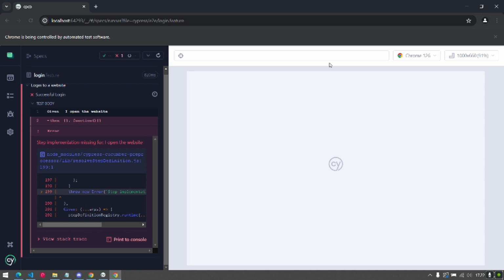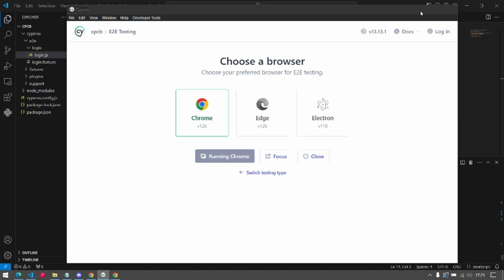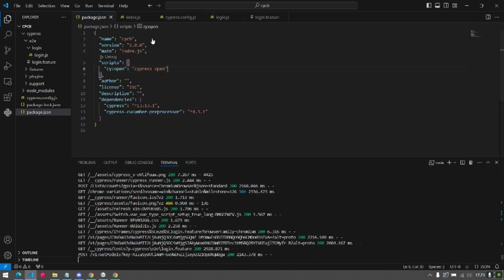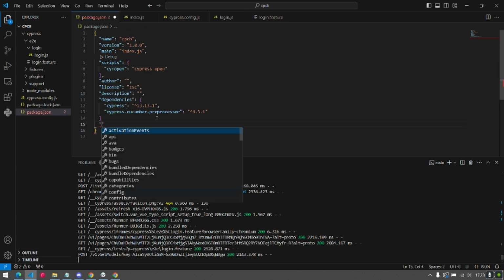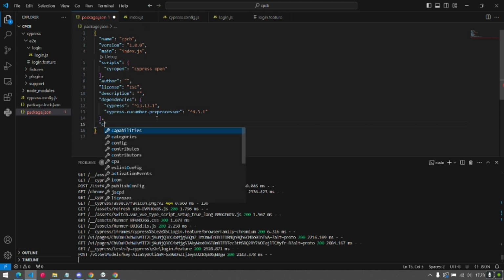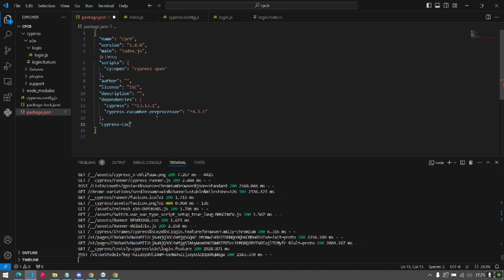Whoops, I think I face an error here at the Given, I open the website. Alright, let's see what happened in here. Oh yeah, I forgot to add one crucial script. Okay, we need to add this type of script, cypress-cucumber-preprocessor.